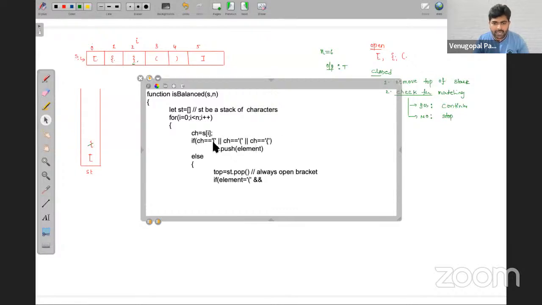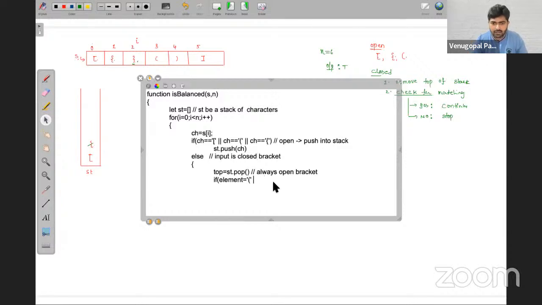Your input character is, let's say, open. You always push that element into the stack. So if your input character is open, then push into the stack. Done. Now else means your input is a closed bracket.